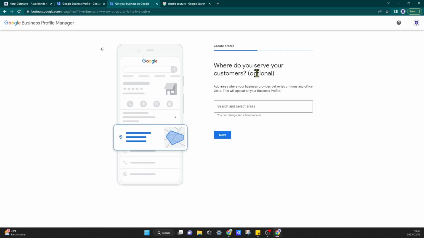I'm going to click on next. Create my profile. Where do you serve your customers? This is optional. Because I do not have a physical location, it's not going to put a pin on the maps. What it will do is highlight an area, as you can see in the blue over here. So for example, I'll put in South Africa to service the entire South Africa, and then it will highlight that